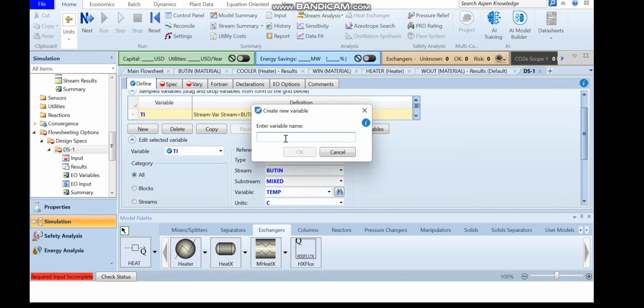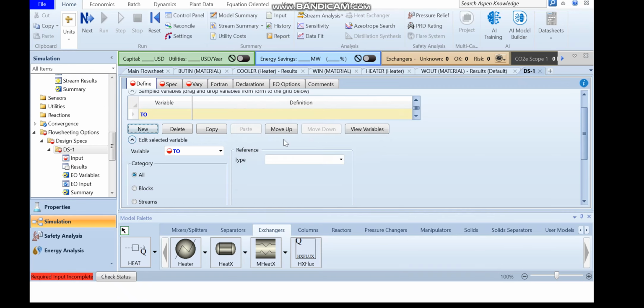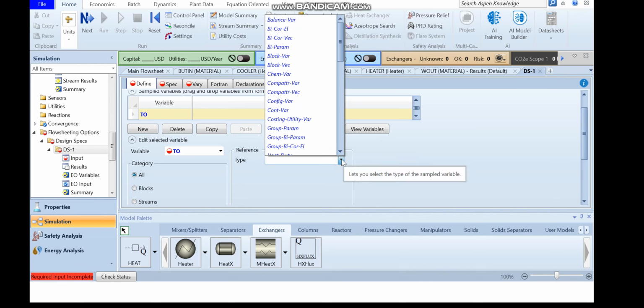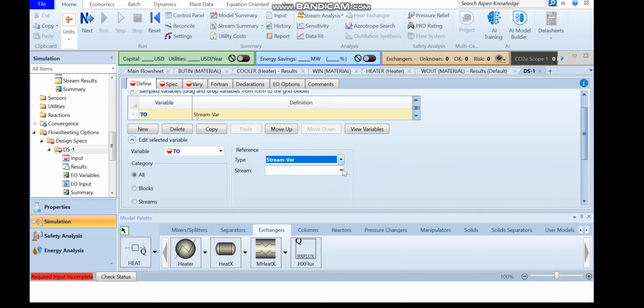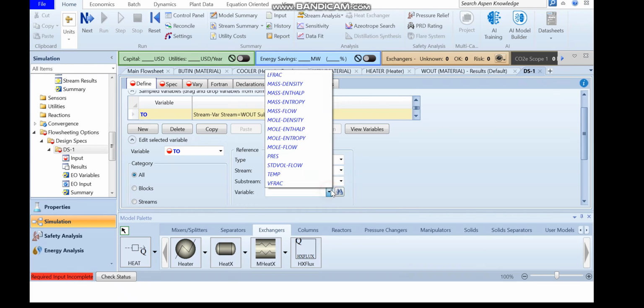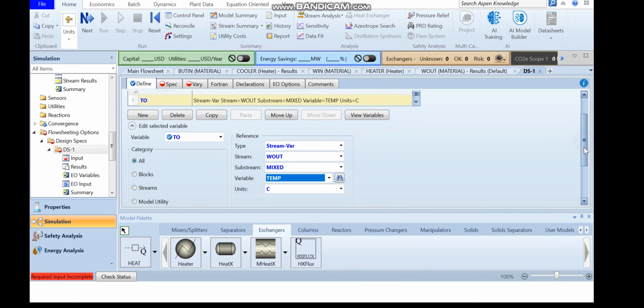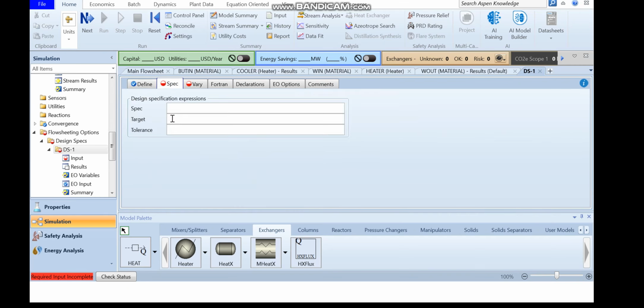Okay, another variable, click on new and let me call this T out. Here by TO I mean the outlet temperature of the water. So this is again a stream variable. And which stream? W out, right? Which variable? Temperature, and the unit is degree C. Now click on spec and here I shall write TI minus TO. This difference must be 10 degrees C, and you need to provide some tolerance because sometimes